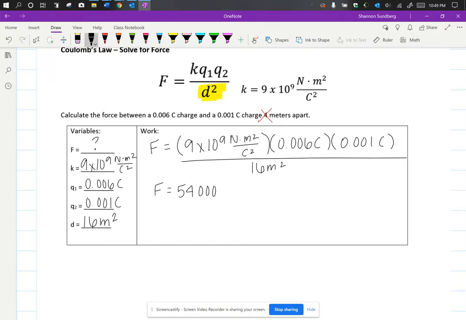If you notice, when you multiply these units together, they're going to cancel, and you're only going to be left with newtons and meters squared in your numerator. And then I'm going to pull my denominator down here. That's going to be much cleaner and much easier to divide in your calculator. And again, if you're keeping an eye on your units, you're going to see that the meters squared are going to cancel. So when you divide 54,000 by 16 in your calculator, you're going to get, let me cross these out,